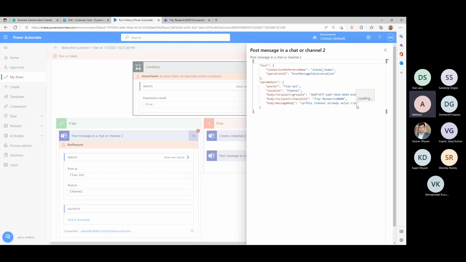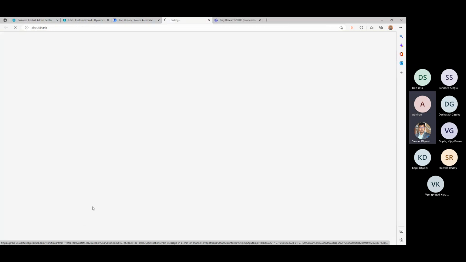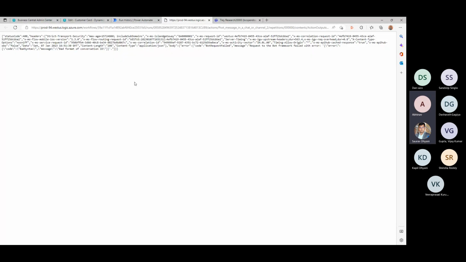Can you go to the output? Yeah. It says click to download. But it is downloading. Let's zoom this in.